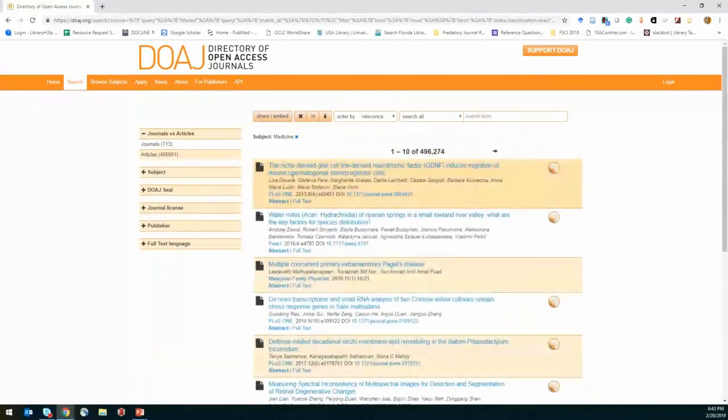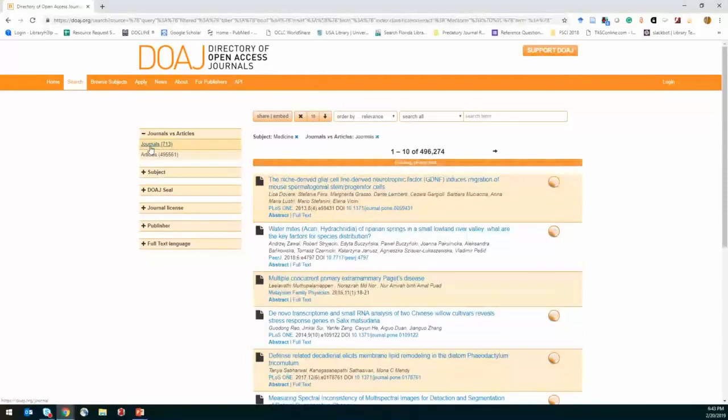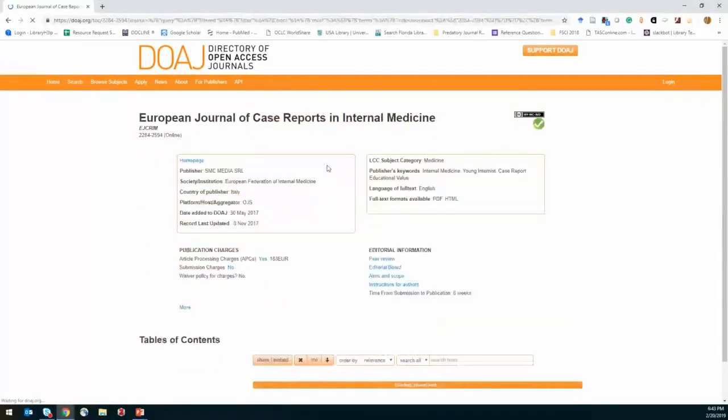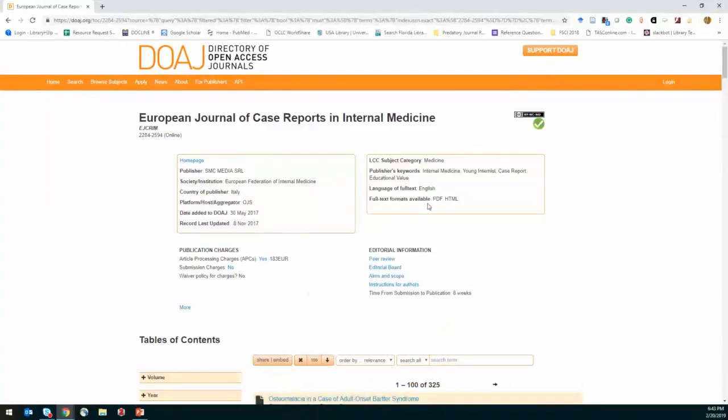subject, let's say I find one of the journals, I can list the journals here. They have a brief entry on each one of those, and they'll list any publication charges, what the open access policies are, and give lots of information about their peer review process and everything else.